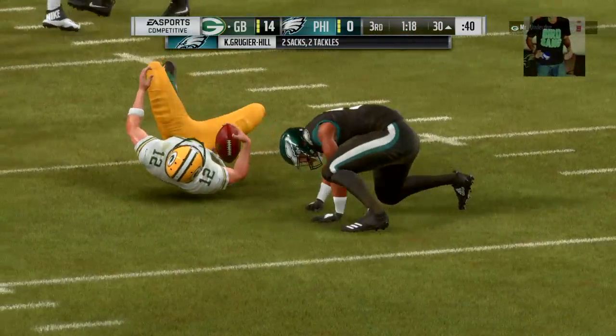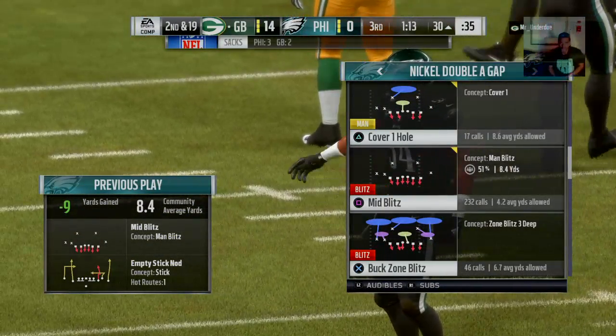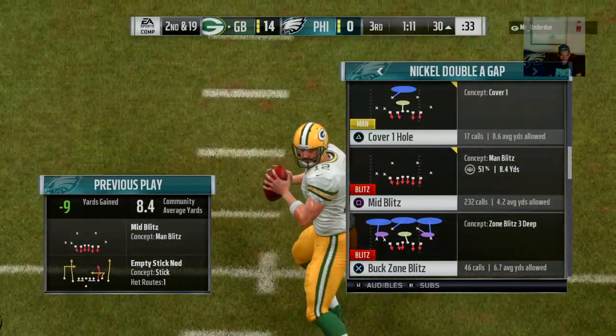Fumble! Give me my motherfucking fumble! Bullshit! Straight! When you go 5 wide like what they just did there, you can't really max protect,